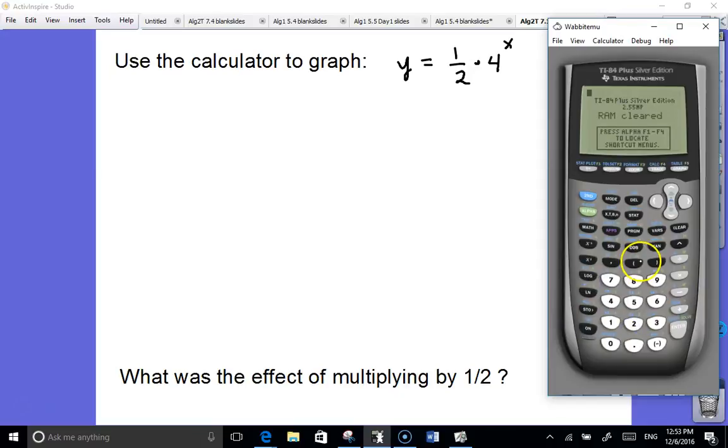I want to compare the graph of y equals 4 to the x, because that would be the parent function, to the graph of 1/2 times 4 to the x. So I'll put it as 0.5 times 4 to the x. Now in order that those two look different here, I'm going to scroll into the left margin and hit enter, and that's going to turn that second graph's line to a fat line. So it'll look different. So if I hit graph,